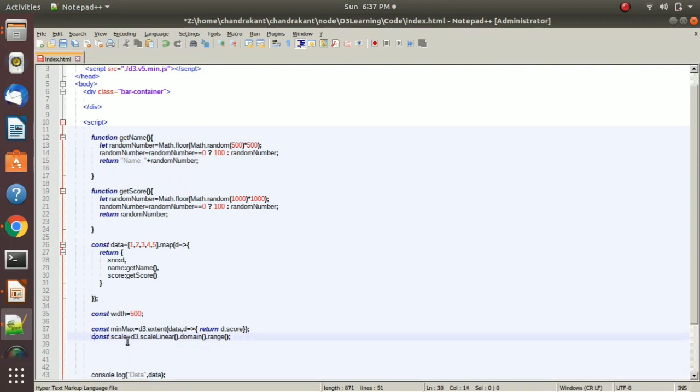Now we will create the simple scale. Here in domain we will pass our min-max values, that is from 0 I want min-max of 1, and in range we will pass from 0 up to the width.